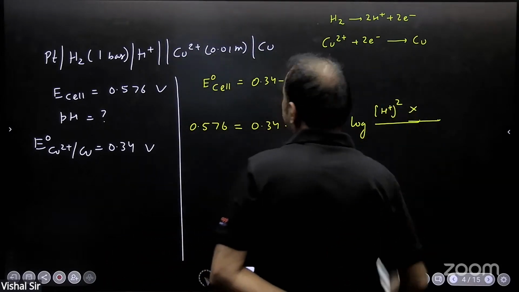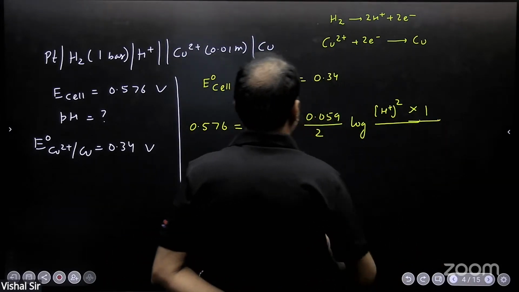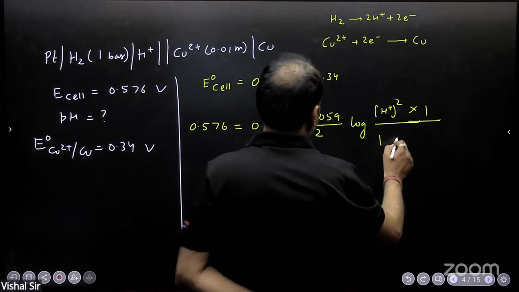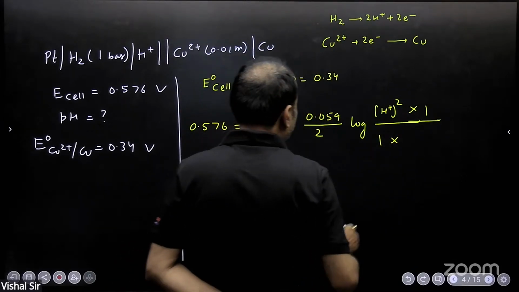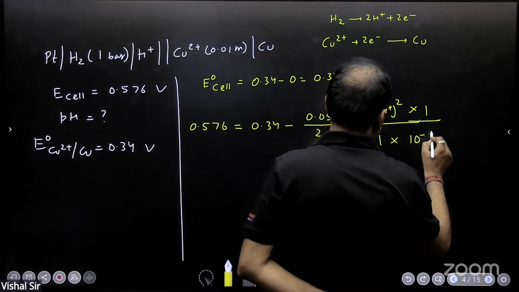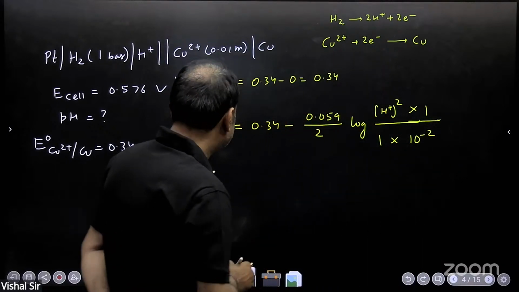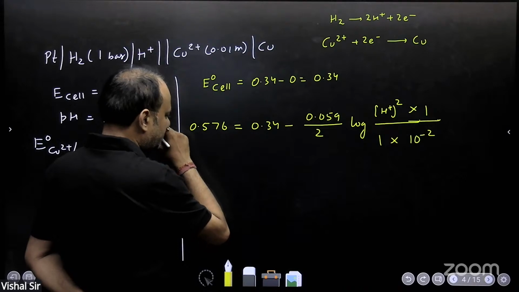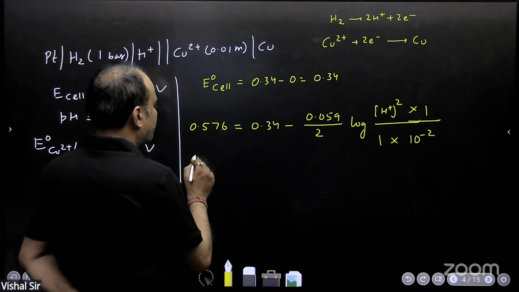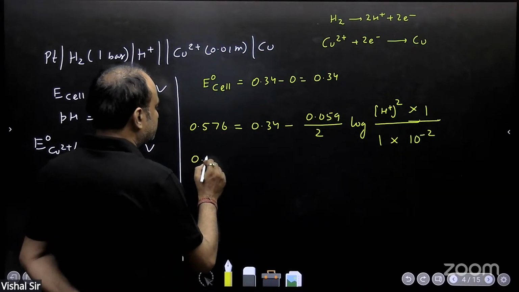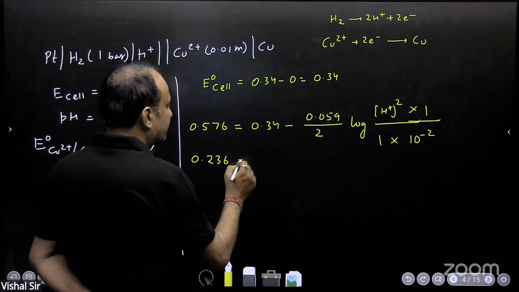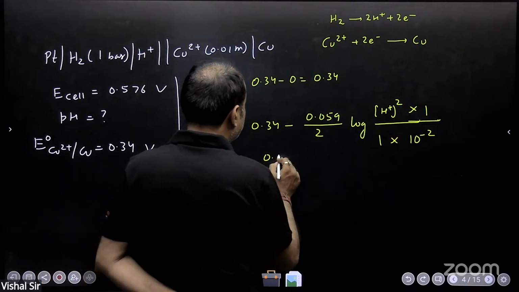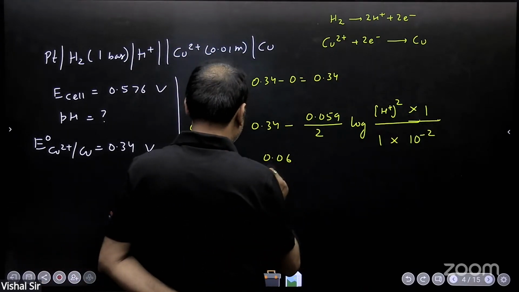Second product here is solid copper, active mass 1. H2 gas, 1 pressure. Cu2 plus 10 raised to minus 2. Okay. So let's try to simplify. Let's bring this here. So this will become 0.236